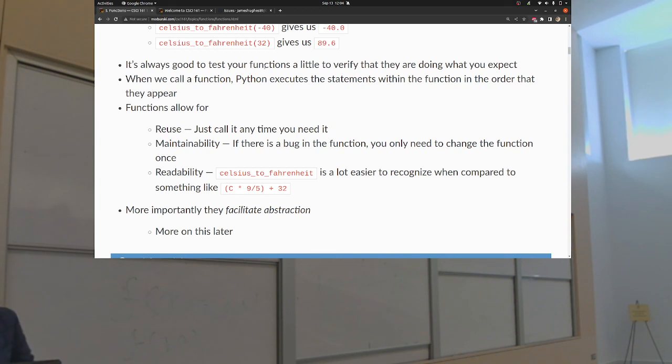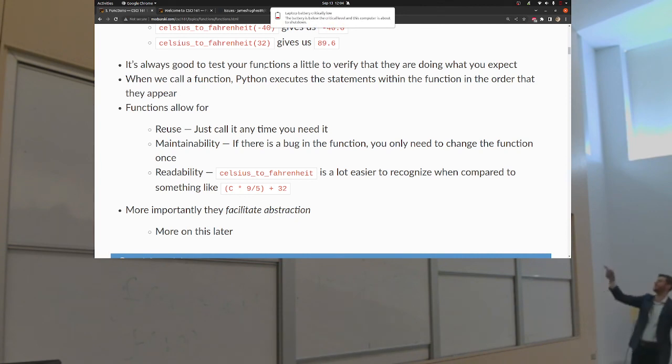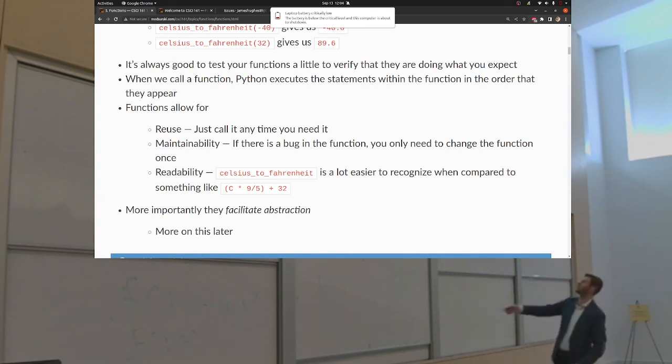Readability: the name of the function. You know how we like to give good names to variables, so that context helps me figure out what the code's actually doing. But that's naming data. What if we want to name the functionality, so it becomes really obvious? A line of code that says celsius to Fahrenheit, if you read that, you're immediately going to go, oh, it's a function that's converting Celsius to Fahrenheit. It's obvious because it's named well. If you just see C times 9